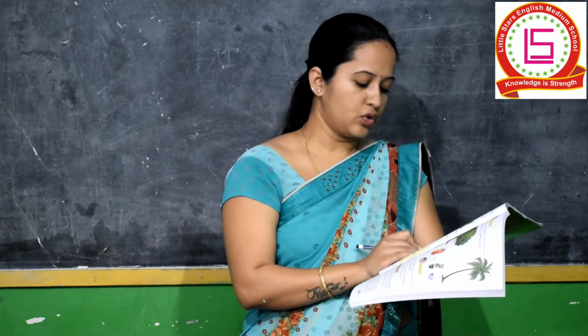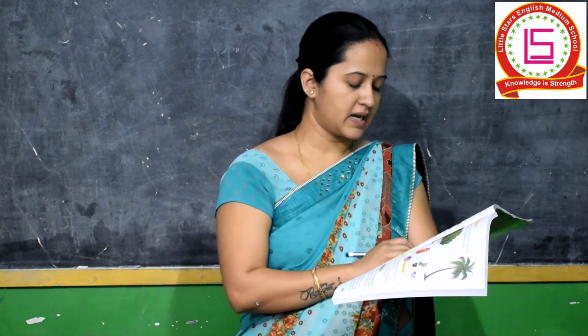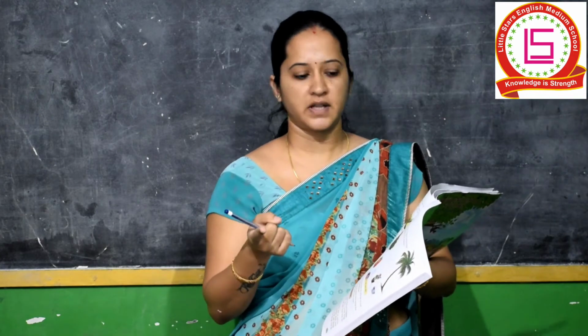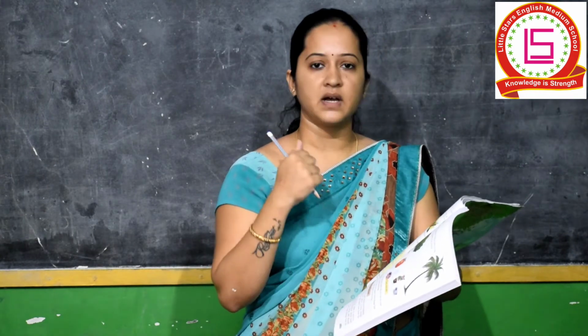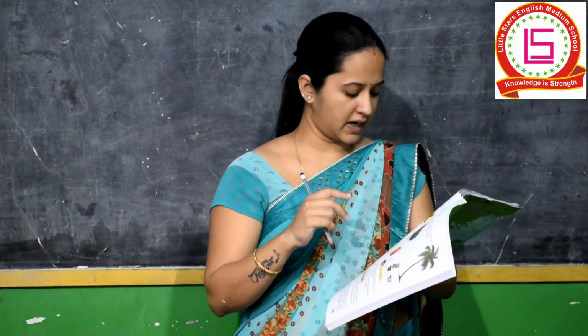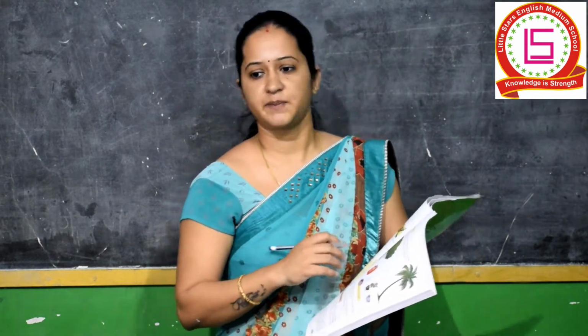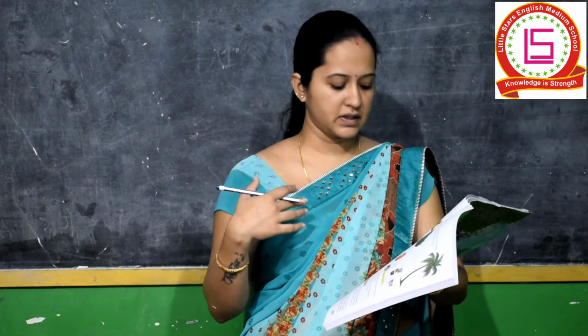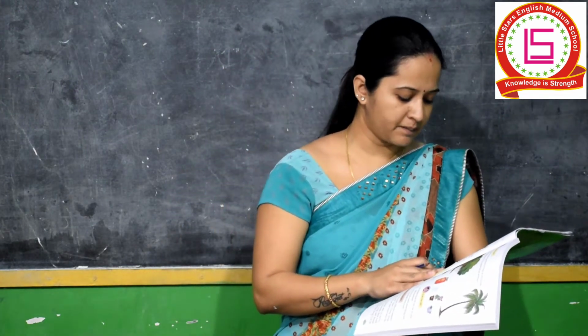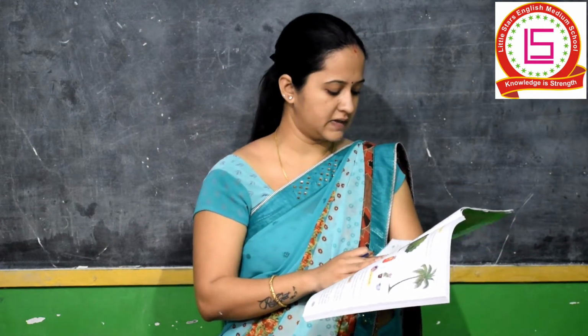Living things are of two kinds, plants and animals. Now we have seen that the surrounding is divided into two things, the living things and the non-living things. And now we will see the living things first. Living things are also divided into two parts, the plants and the animals. Plants we all know, we have seen many around us, plants and animals.